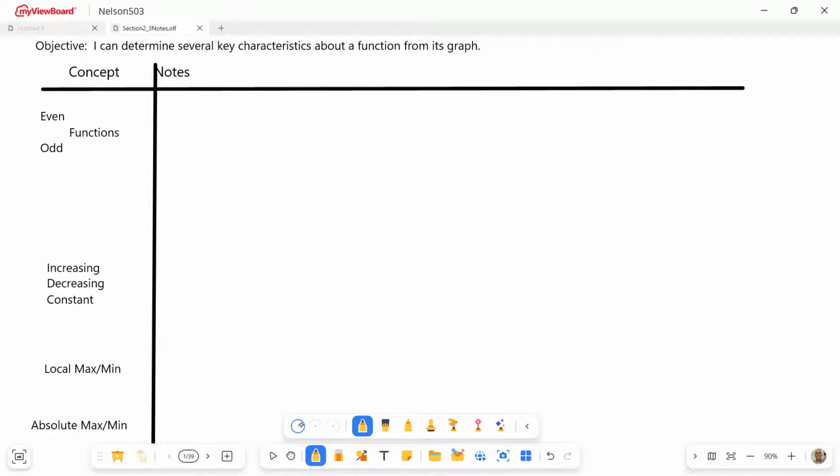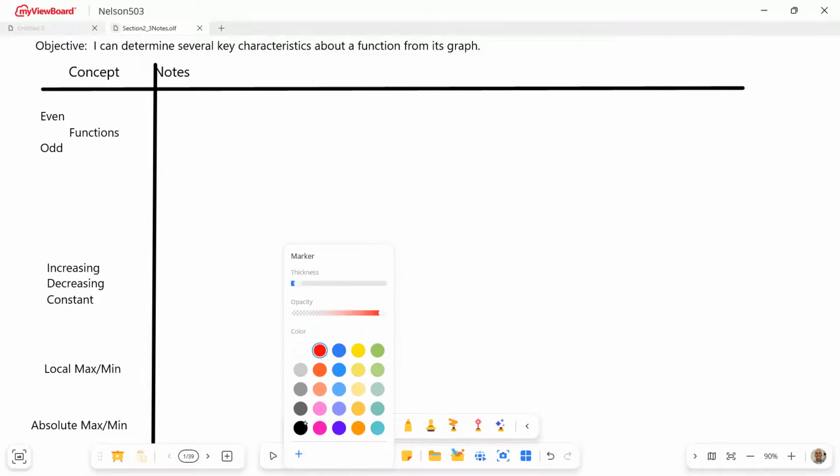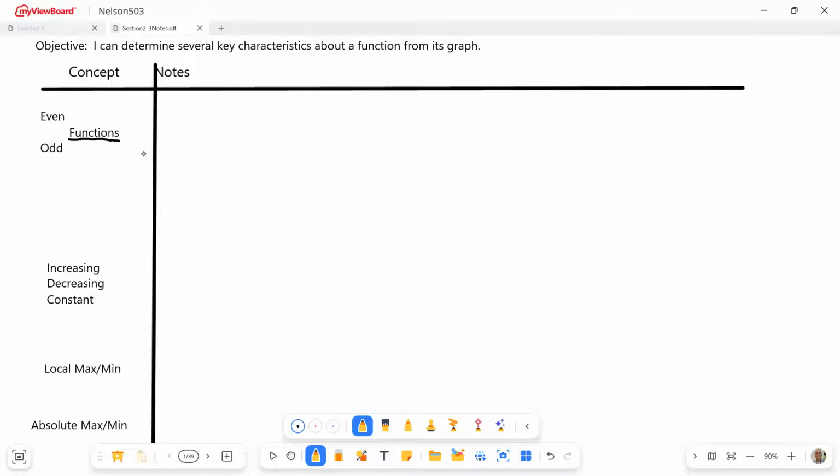Okay, so let's start with even and odd functions. Now look, I'm going to underline something. Functions. See, we've talked about symmetry. This is all about symmetry. We've talked about 3 different types of symmetry. One where it's symmetric about the y-axis. Let's just draw the old y equals x squared. Here's an example of a function symmetric about the y-axis, and that is